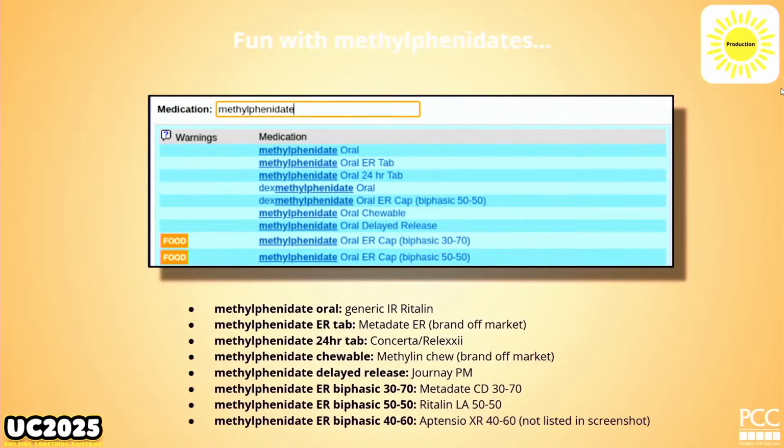Here's a little cheat sheet about the phone with methylphenidates. Here's what all of these actually are, and you can take a picture of this, you can save this forever. You can go add those custom medication warnings so that you put next to each one of these what the brand name is. You also could do it with the dexmethylphenidate, all of its friends. I know all these if you want help trying to figure out which one's which. You can also just search from the brand name and let it substitute, and that might be the easier way than struggling with all this, you know, methylphenidate city over here.